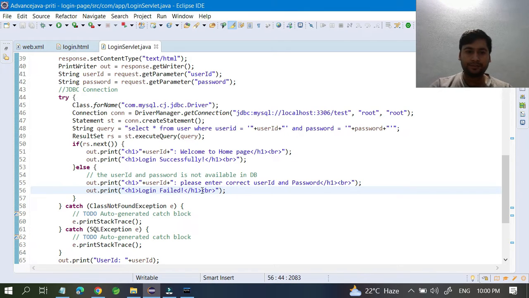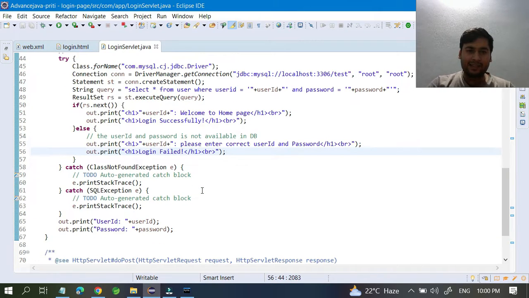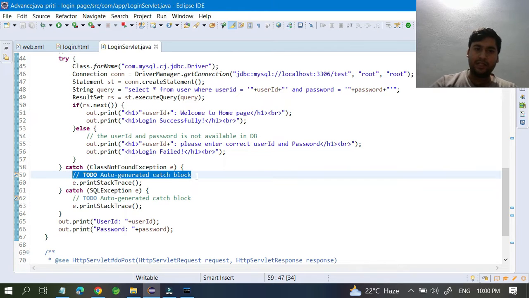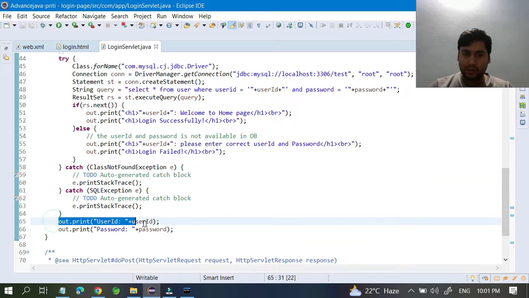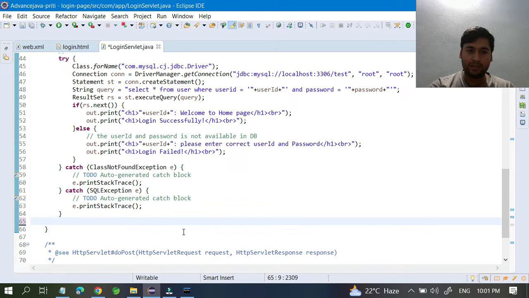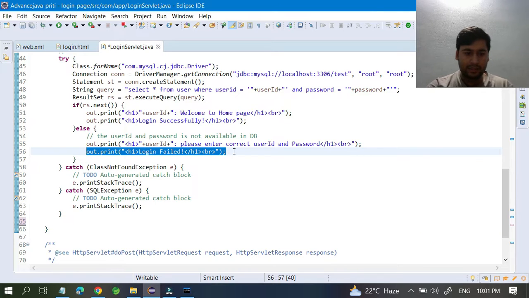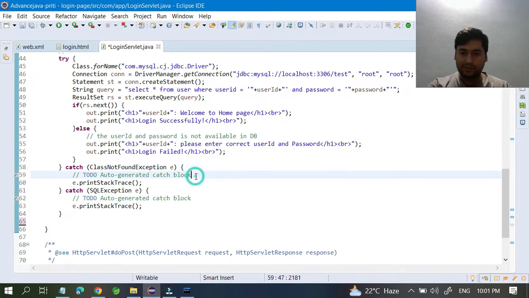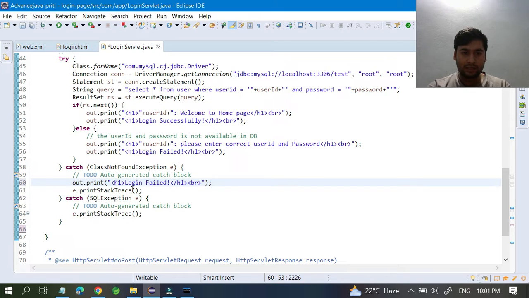Okay, if I get any exception, I will also print something like we got some exception. No need for this one, so I will remove it, and here in the exception I will print one line of code,